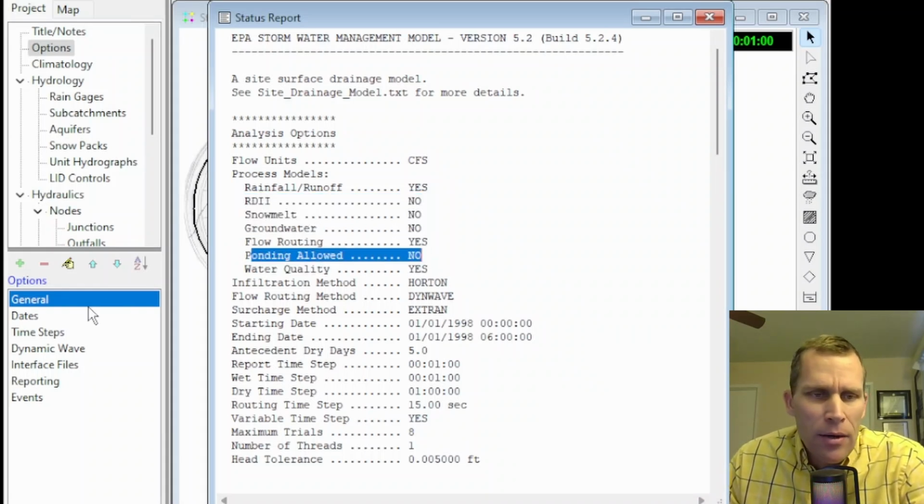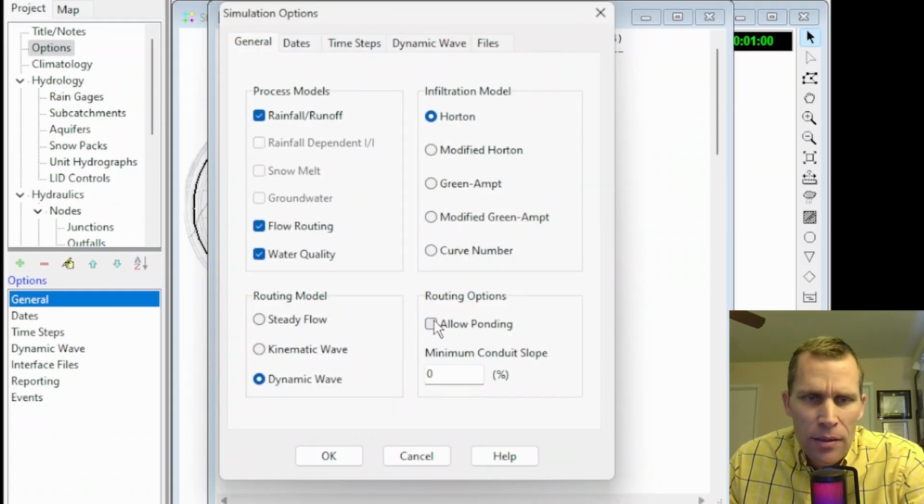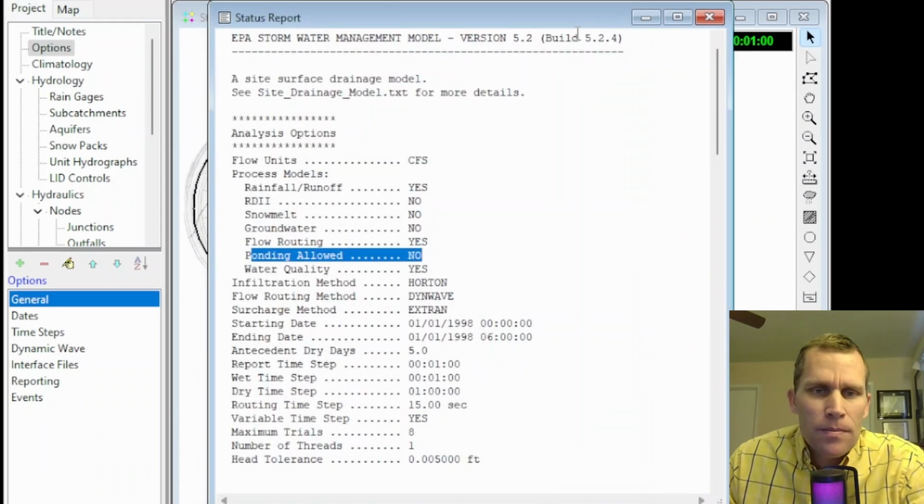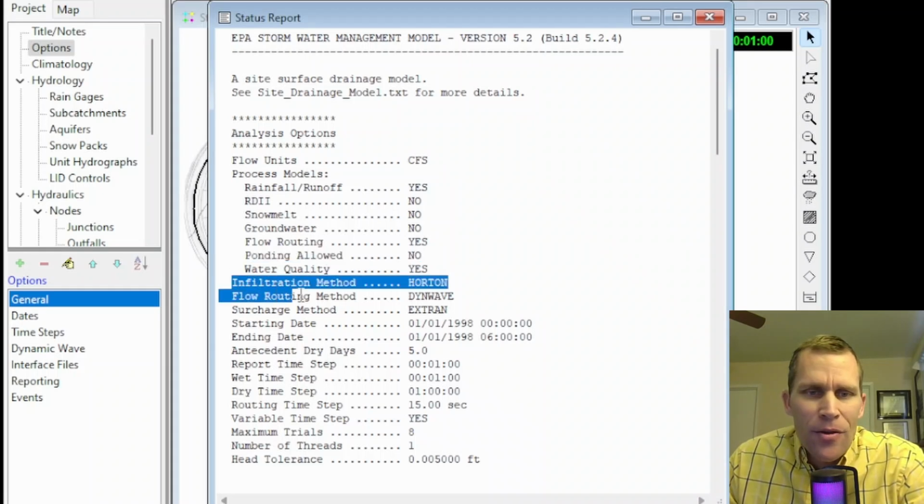And then ponding allowed, that I believe is right here. This checkbox was checked off at the time that I ran the simulation. All right, below that, there are a number of other options set right here. I'm not going to go through all of them, but